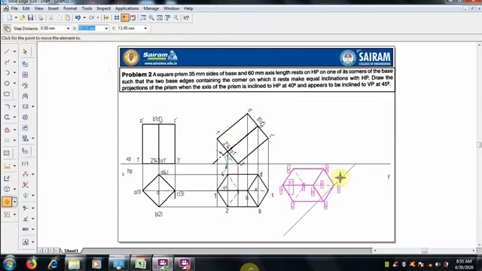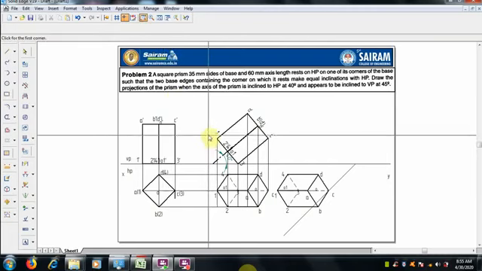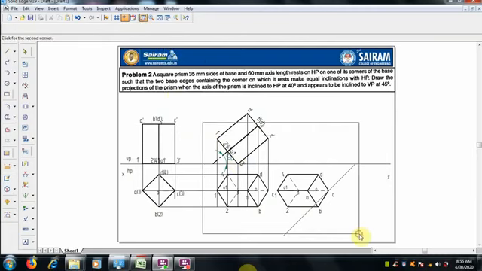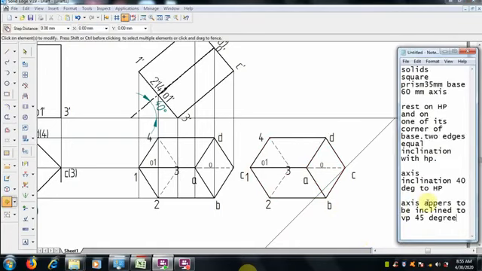That move point we can select, and now we are keeping it on this line, one point, that is C. Now the axis O1 dash lies, it appears to be inclined at 45 degrees.